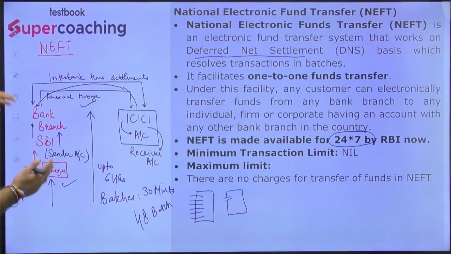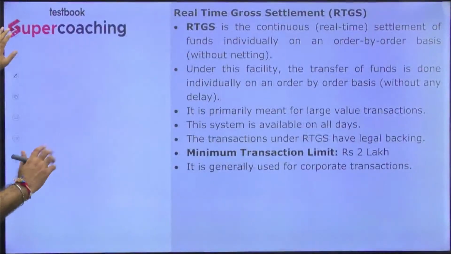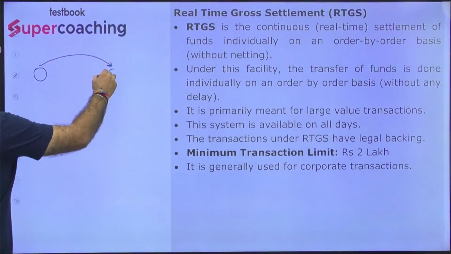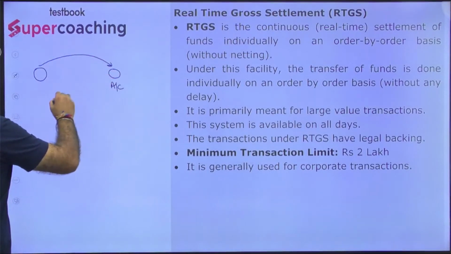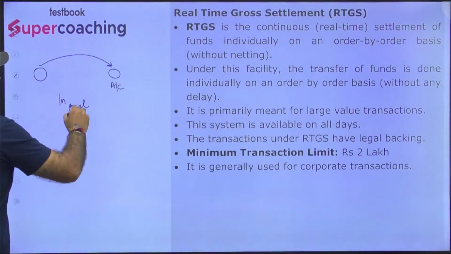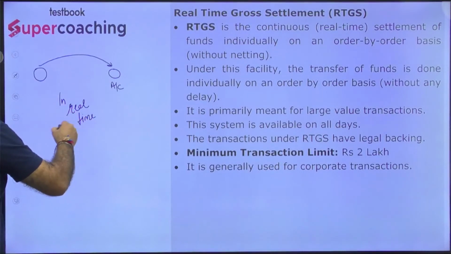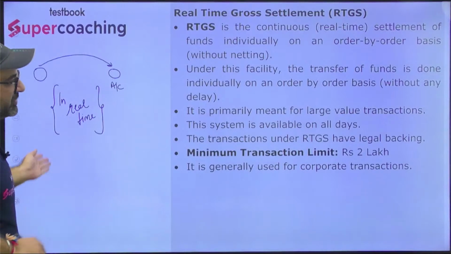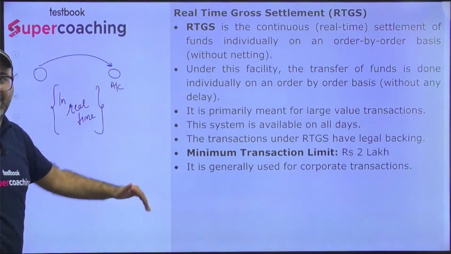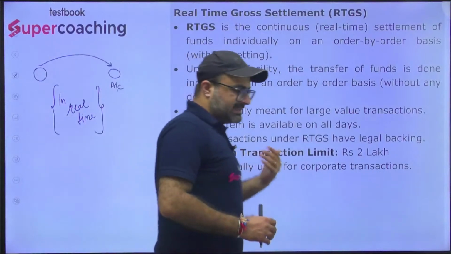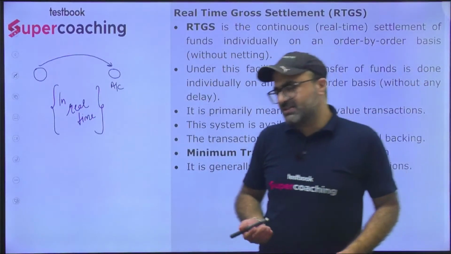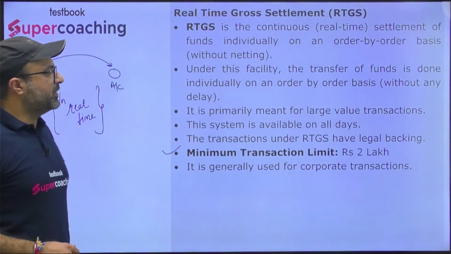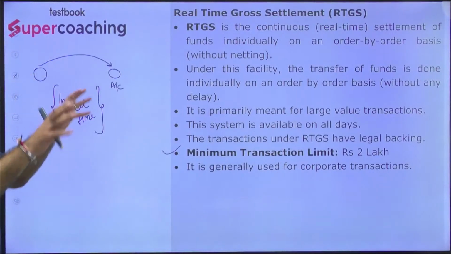But in case of RTGS, things are a bit different. In case of RTGS, funds will be transferred and the amount will be credited into the receiver's account in real time. Real time means the time which is actually taken to transfer the information, that will be the actual time which results in reflection of the amount credited into the receiver's account, and this is basically RTGS. In case of RTGS, there is a minimum limit that is of 2 lakhs. It is also a service which is 24/7, and it is managed by RBI along